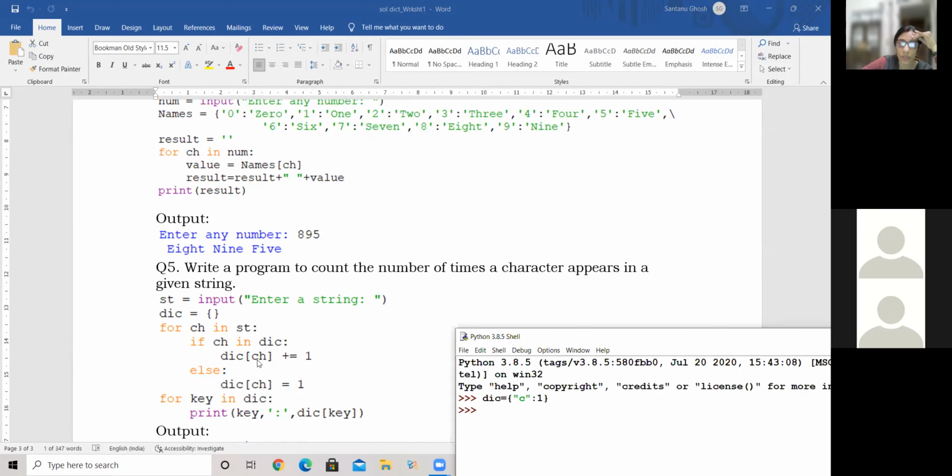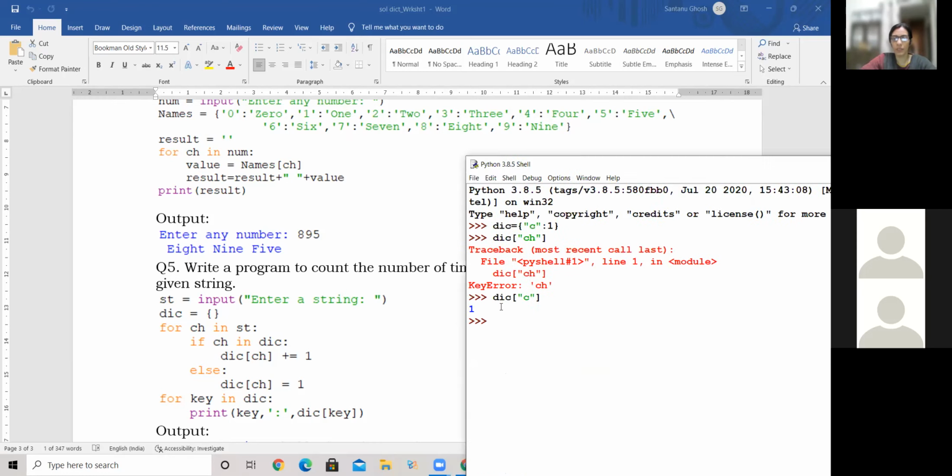Now, if this condition is true, what is he doing? He is doing dict of CH. Sorry, dict of C in this case, not CH. CH is actually the variable containing C. So here I'm using the value directly.